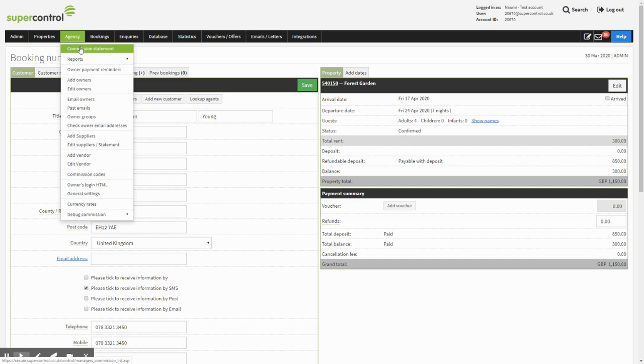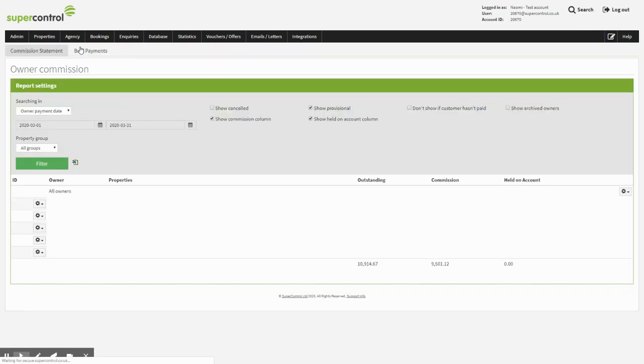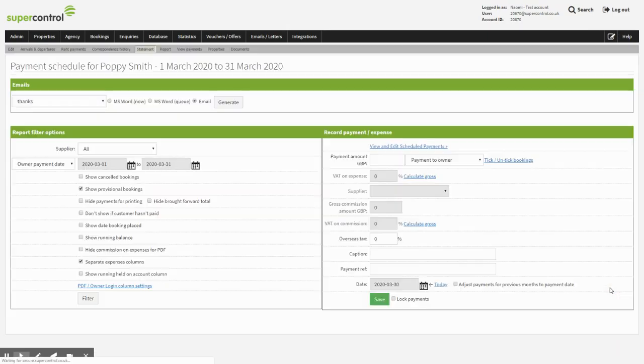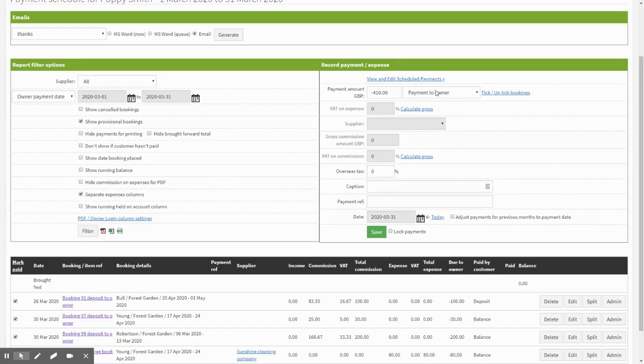So if we go to agency and commission statement, and we go down to the owner, on the right you have a toggle and you can select statement here. And if we add in an expense, on the right hand side you will see this section here, and using the drop down you would enter expense on behalf of owner and the payment amount